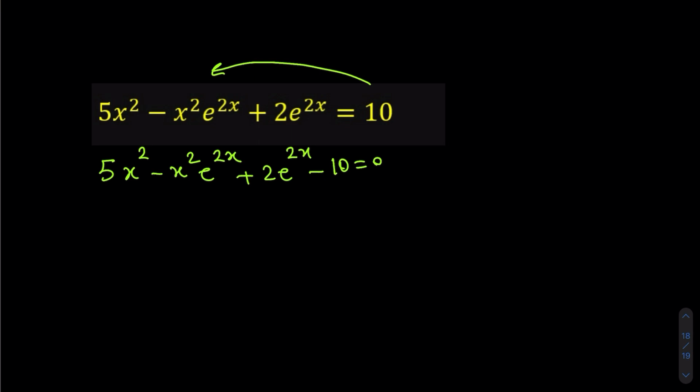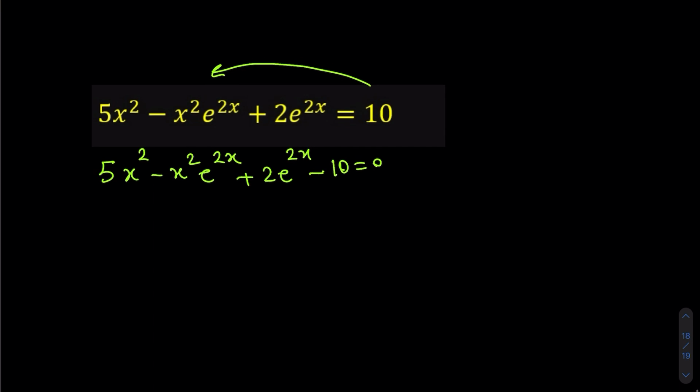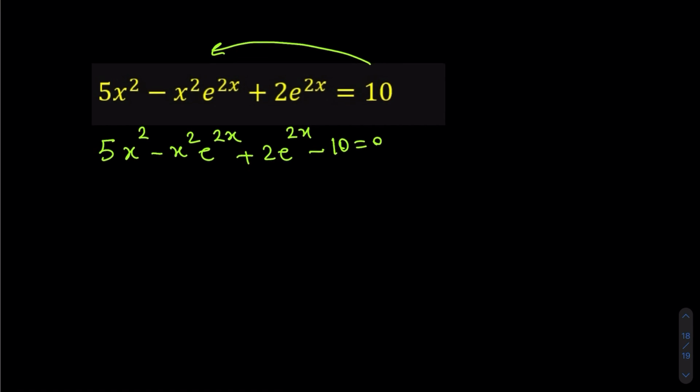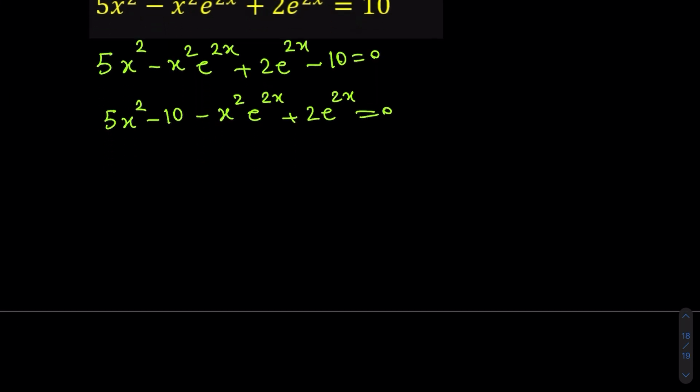To make it easier, let me move this negative 10 next to 5x to the power of 2. So if I move this 10 next to 5 times x to the power of 2, it will be again 5x to the power of 2 minus 10 minus x to the power of 2 e to the power of 2x plus 2e to the power of 2x is equal to 0, right? So now let's see what we can do. We have two pairs now,